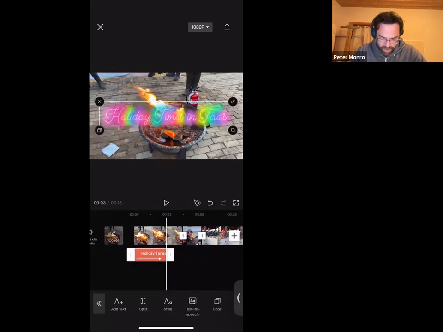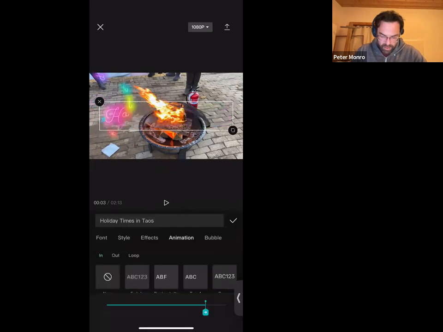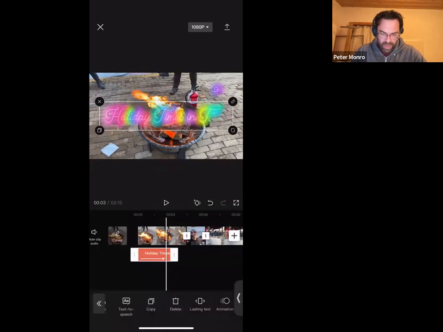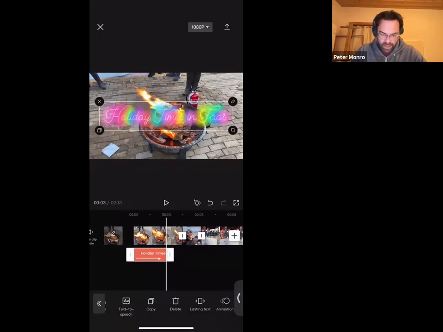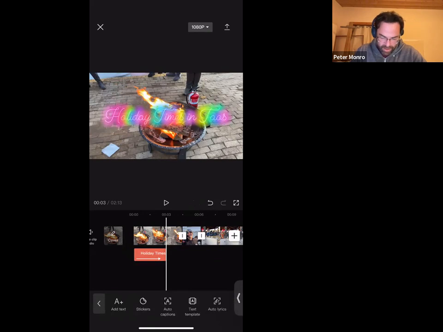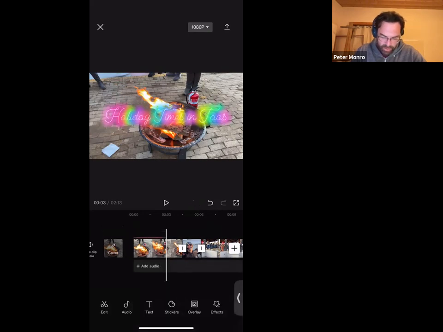Now I think I was trying to figure this out earlier. Normally what I would want to do is have this animation fade out. I wouldn't want it to just cut away like that. And again, this is why I would be editing on a laptop, because there are certain things where, with my big man fingers, I can only get so detailed about it. Let's see. I'm going to come back to that. There might be a way, I think it might be in transitions or something,